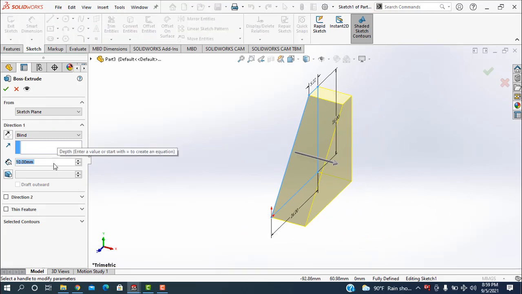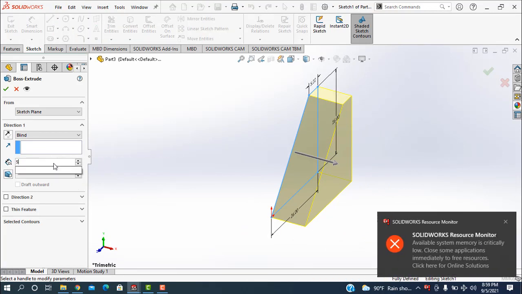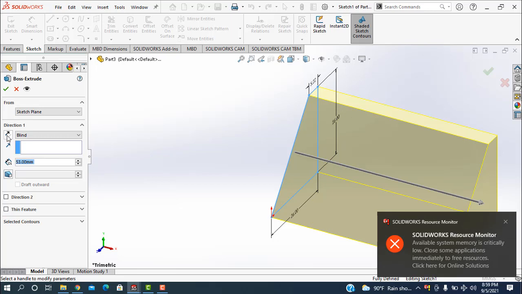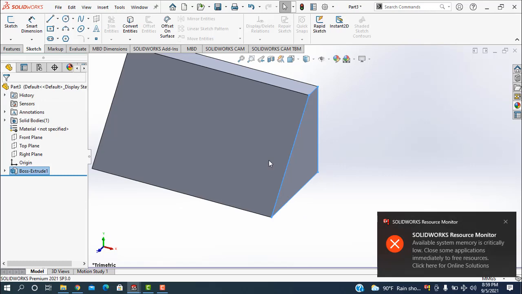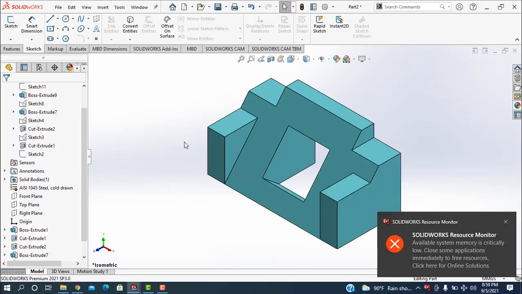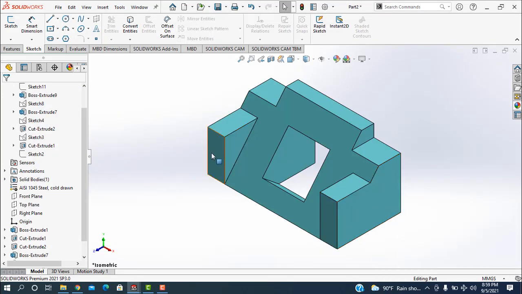Then I'm taking this one is 50. 50 and direction will be this way. Okay, done. Okay, then this total portion is